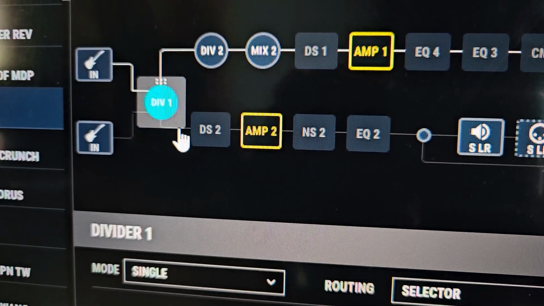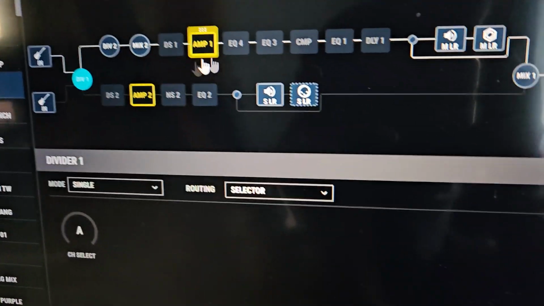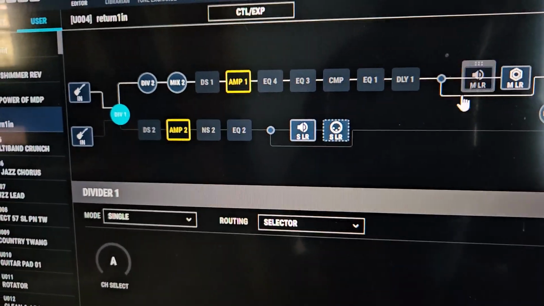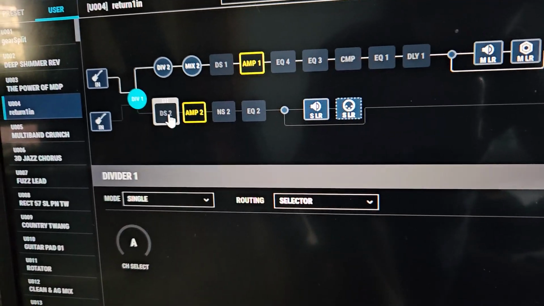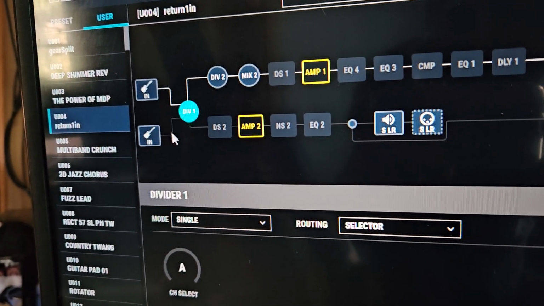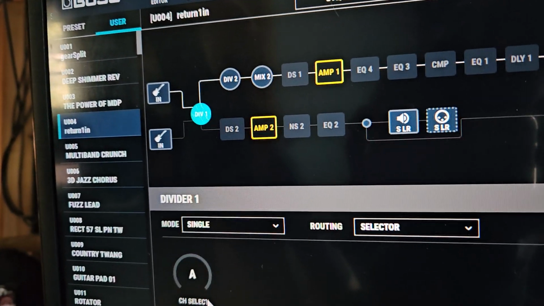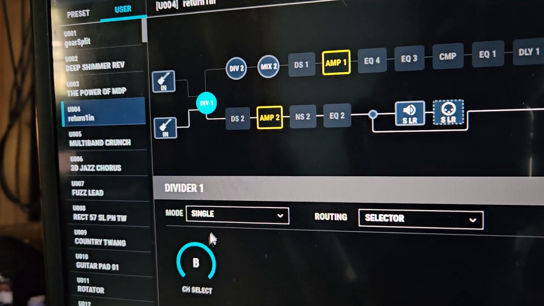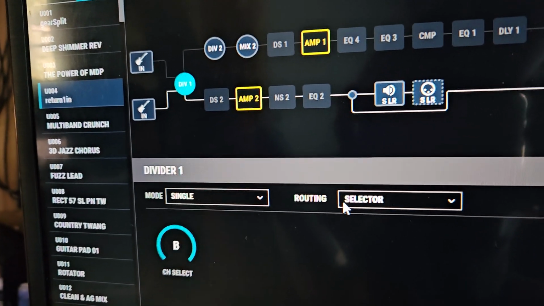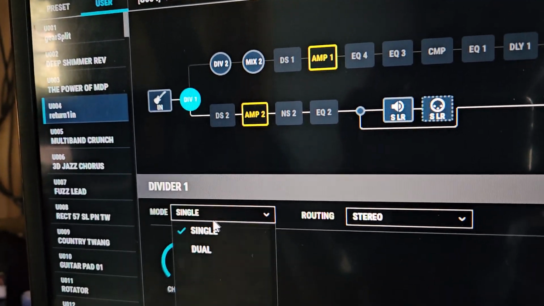You can see that this line is highlighted. So you could have your bass player and your guitar player go through these separate chains and go through separate outputs, but they couldn't play together at the same time because this isn't being processed. It's muted. So when you go into here, you could switch it from A to B, but you want both at the same time. So in order to do that, you got to go into not this, but in mode